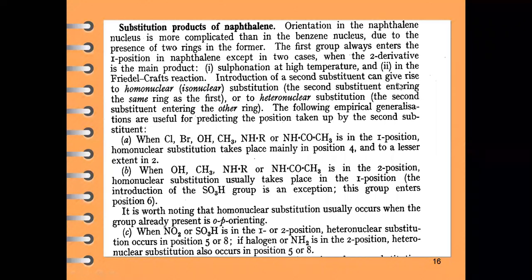Introduction of a second substituent can give rise to homonuclear, that is isonuclear, substitution, with the second substituent entering the same ring as the first, or to heteronuclear substitution, with the second substituent entering the other ring. The following empirical generalizations are helpful for predicting the positions taken up by the second substituents. So these substitution reactions we will discuss in detail tomorrow. Before that,